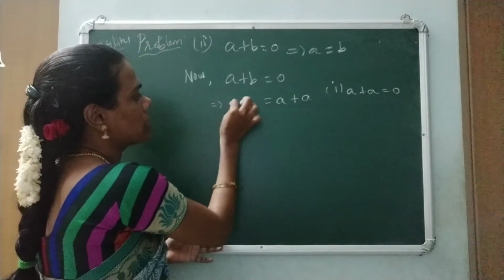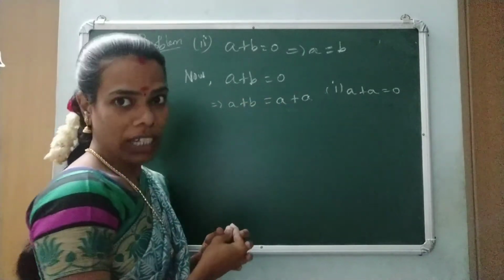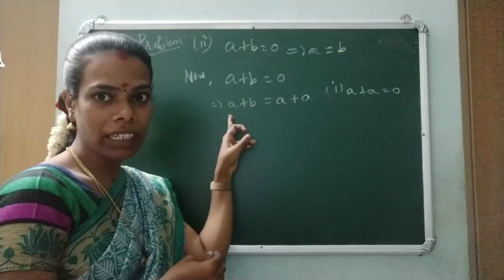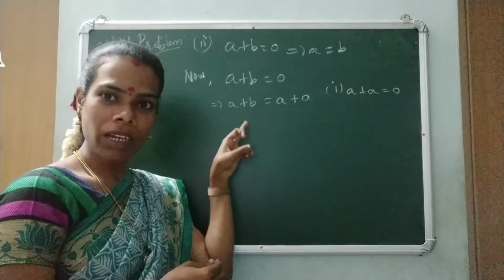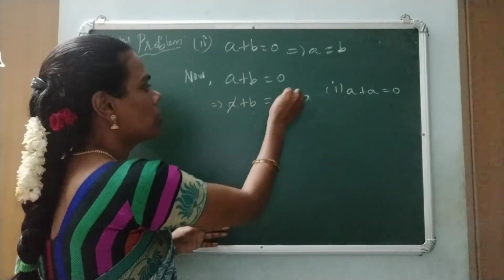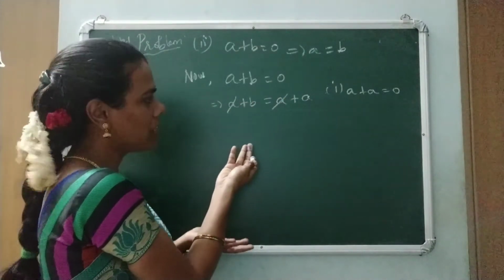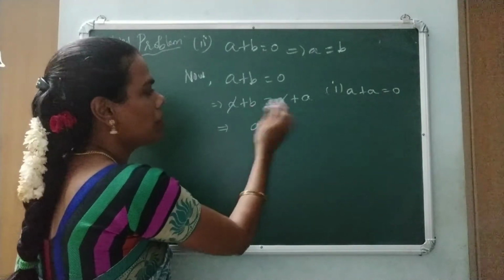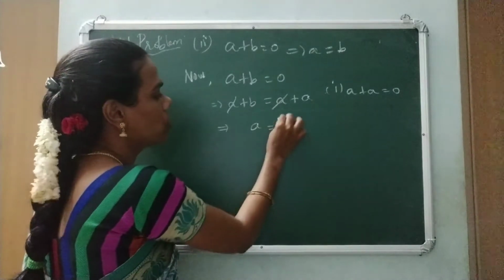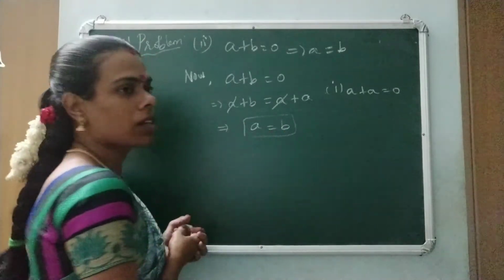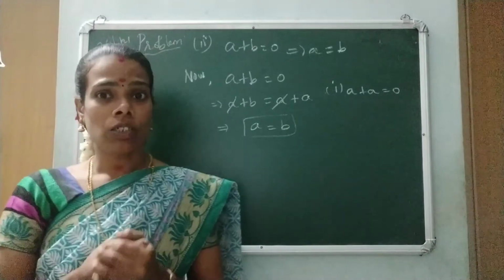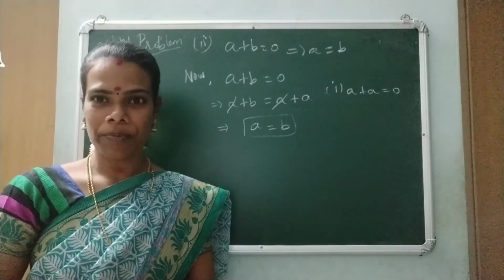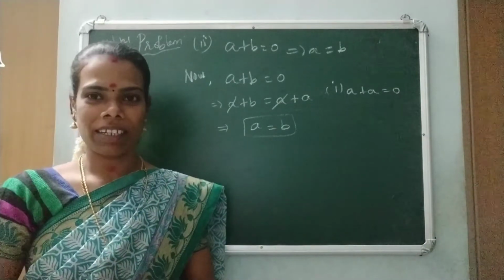Left side as it is, a plus b. So one a cancels, because this plus a comes to this side, changes into minus a. So this a minus a will cancel out. So see here, simply we got the second case proved. So this implies b equal to a, or a equal to b. So the second case is very easy to prove by using the first case. Clear? Then go for the third case.